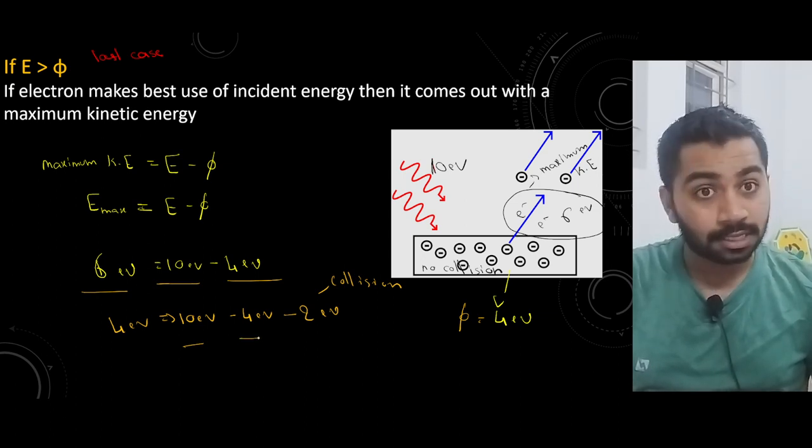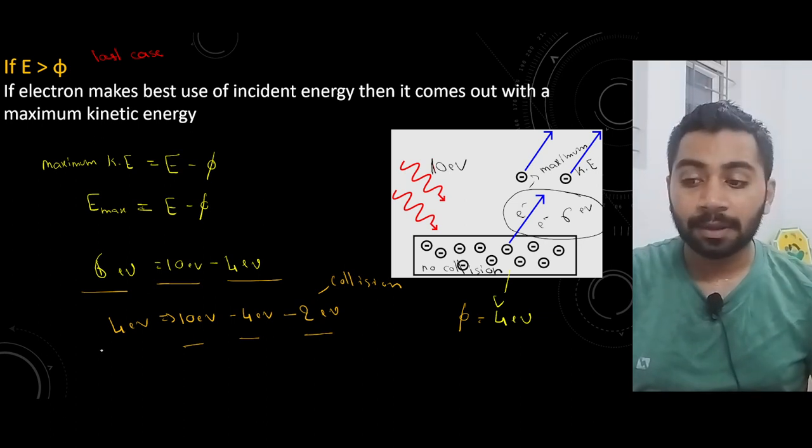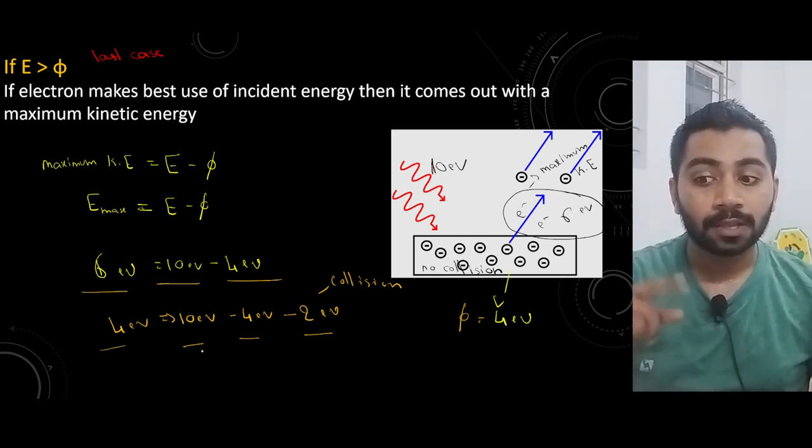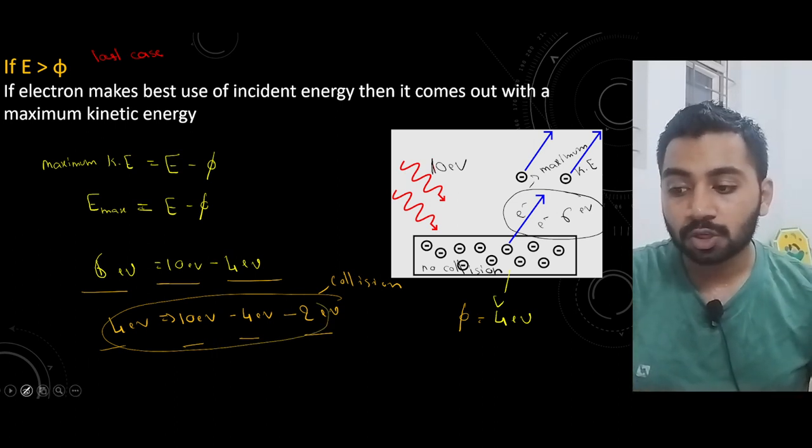4 is its necessary energy, the work function. Extra 2 is eliminated due to collision. Remaining is 4. 2 we are losing extra. So this is not the ideal case. This is not the maximum value. This is not the maximum kinetic energy. So maximum kinetic